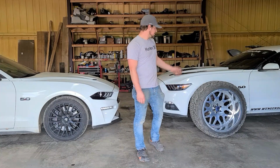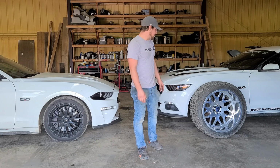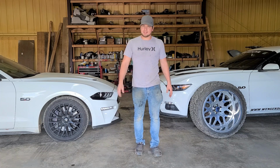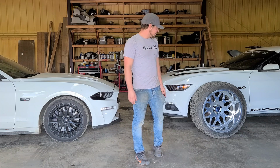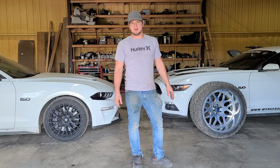Competition between... we got the Mustang here, which has actually got a new name now. It is called the MUDstang, and we've got the other Mustang over here, which I guess we'll call the MUDstang too. So we got MUDstang versus MUDstang, and we're gonna do a little hill climbing competition